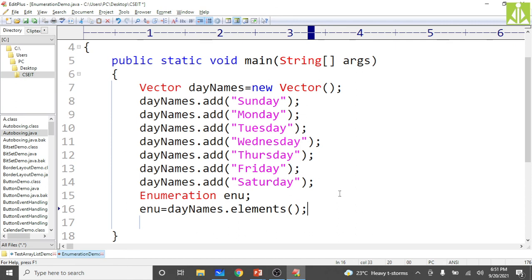So now this enumerator can be used to process, like an iterator only, all the elements from this vector class.